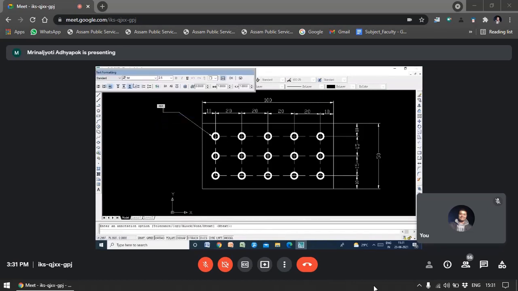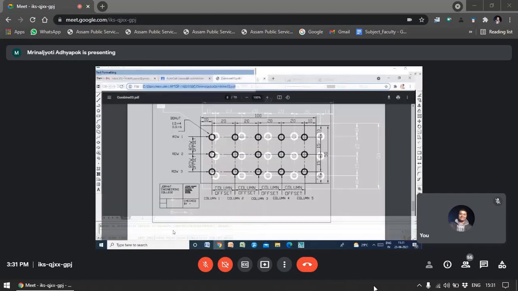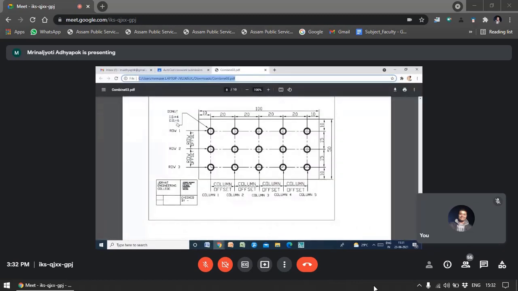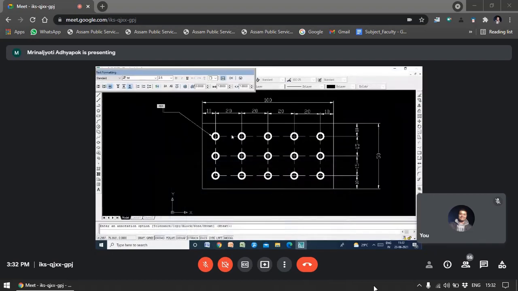Okay, now wait. This screen will appear. Now here write down what you have to write: donut, internal dia, and outer dia. Okay, ID is equal to 4. Donut, and press enter.